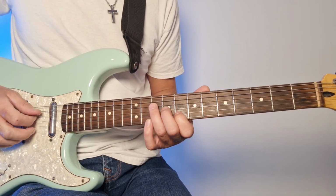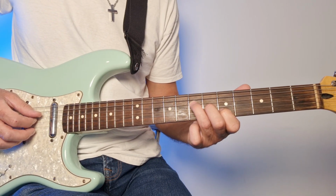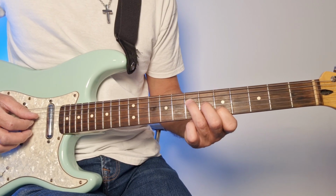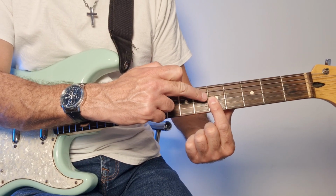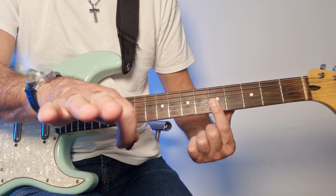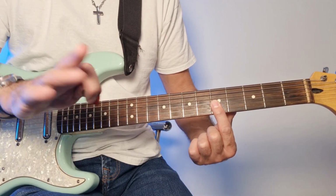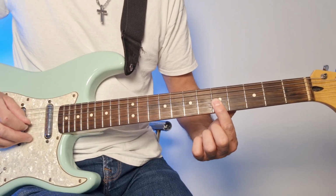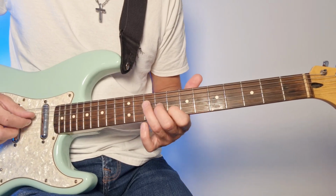Okay, then what we're going to do, we're going to slide down to the 5th fret, and that would give us an A, but we need an A minor. So what we're going to do, we're going to bridge with our first finger the G string and the B string and the E string, but we're not going to play that. So just to make it easier, just bridge all 3, but we're not going to get down to the first string, so don't panic about that. So nice and easy, first string bridge. That's going to give us like a minor kind of shape. So to start with, we've got,